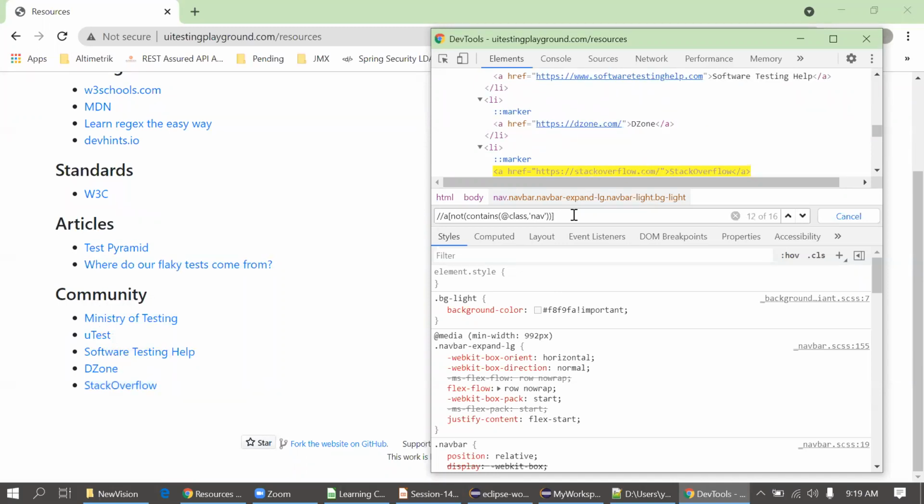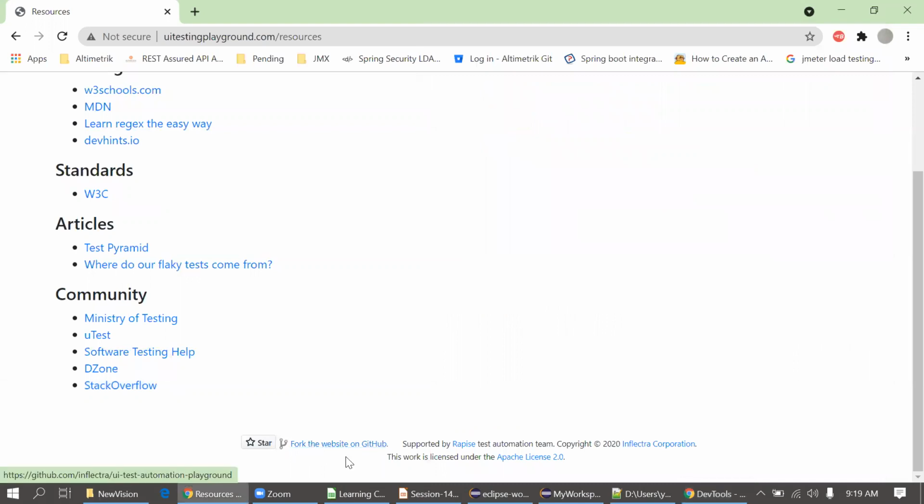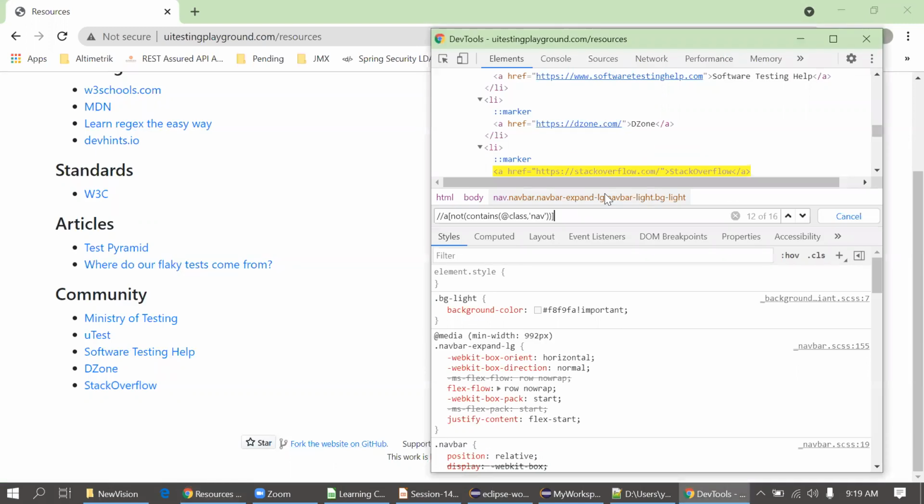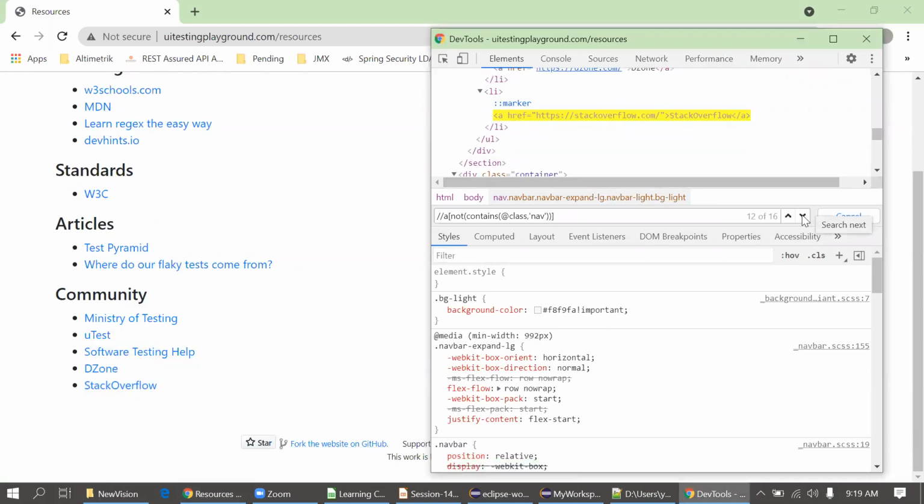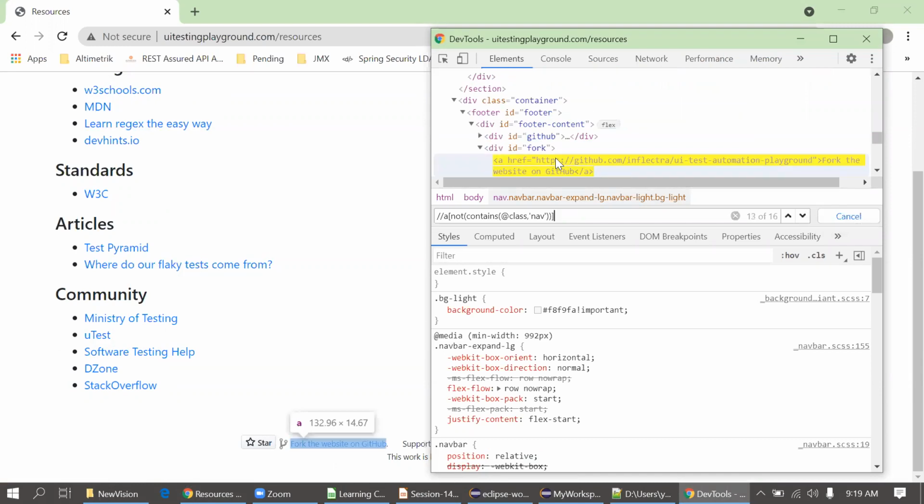But I don't want 13, 14, 15, 16. Those 4 links, which are this one: first, second, third, fourth. So I again check the pattern for that as well. What pattern I'm getting there. So now here I can see it's an ID for